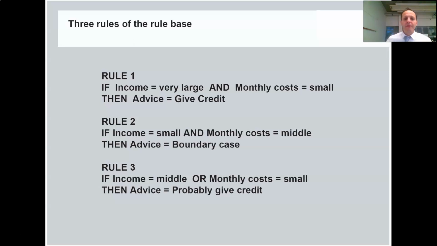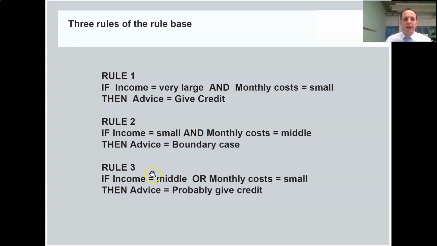For example, if the income is very large and the monthly costs are small, then the advice is to give credit to this person. The second rule can be, for example, if the income is small and the monthly cost is middle, then it's a boundary case,